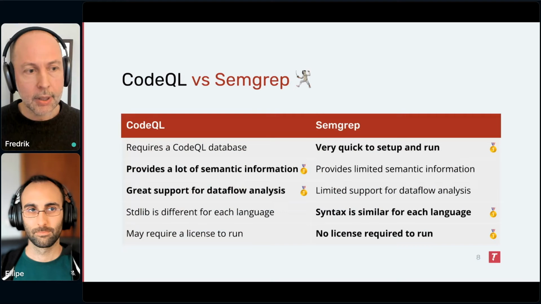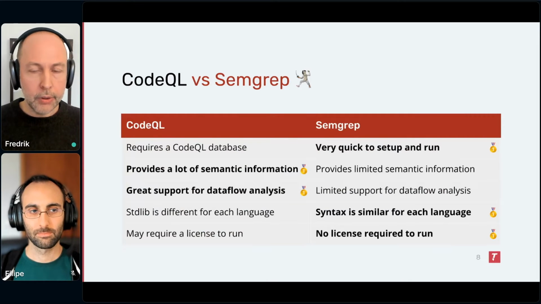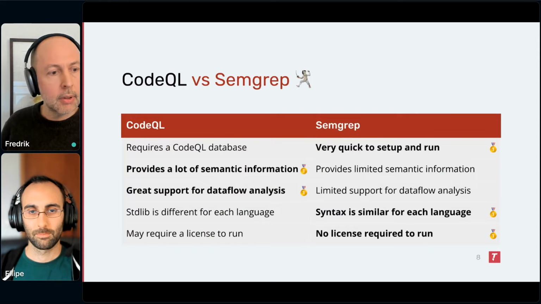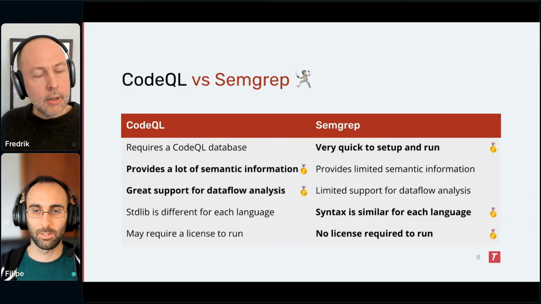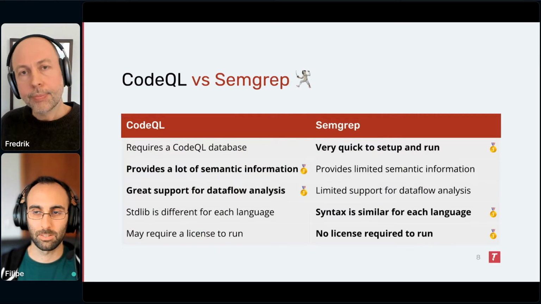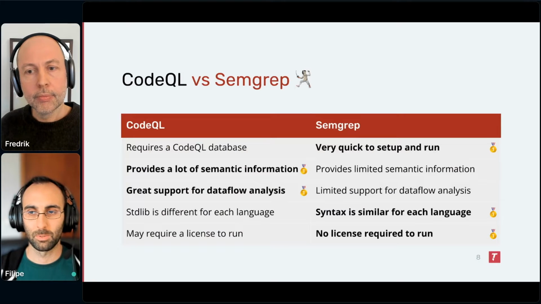So I would say personally, I typically start out trying to model a vulnerability using Semgrep, right? Because it's a lot quicker to get off the ground using Semgrep. You don't need to build a database. You don't need to set up a query pack. You don't need to be able to build anything. You can just write the query and run it straight away. So the feedback loop is really quick. I don't know, how's your experience, Filipe? Yeah, I agree. Especially not needing to build the CodeQL database makes it much easier to start